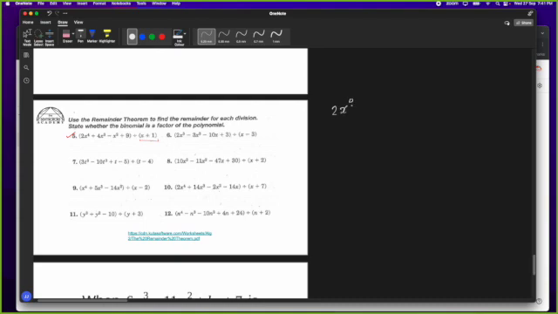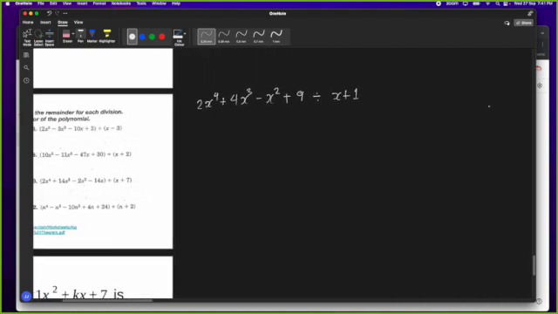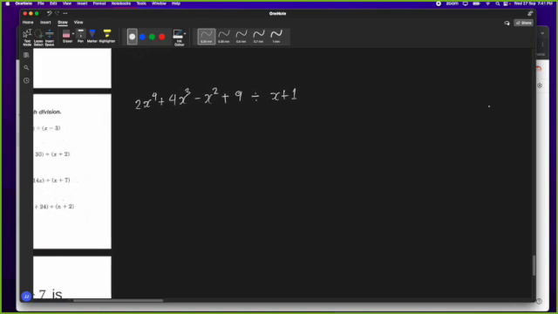2x to the 4th plus 4x cubed minus x squared plus 9, and that is being divided by x plus 1. Is x plus 1 a factor? Can it even divide? Well, I'm not going to do the long division and find out because there's too much